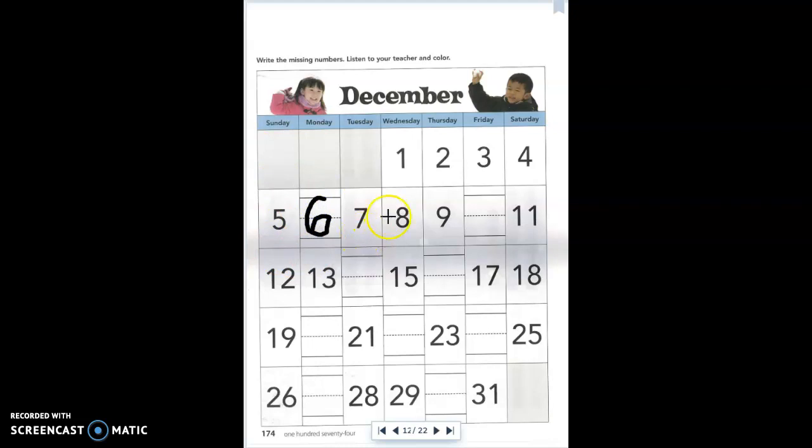Now 7, 8, 9. What's missing after 9? 10. Now 11 is here. 12, 13. What comes after 13? 14. Remember, it's 1 set of 10 and 4 ones. Got to make sure I write the numbers correctly. And then 15, and then 16,